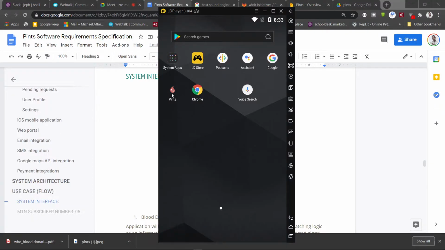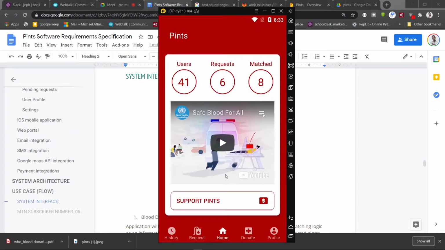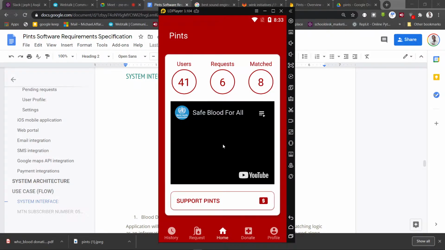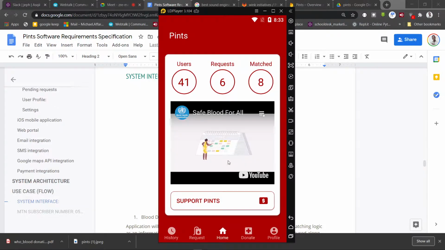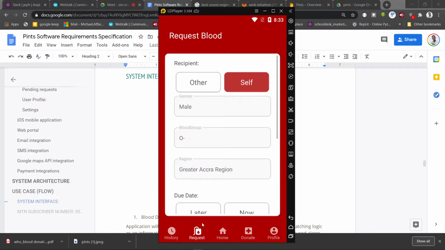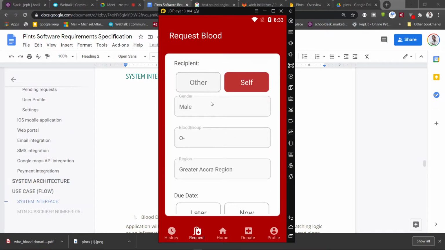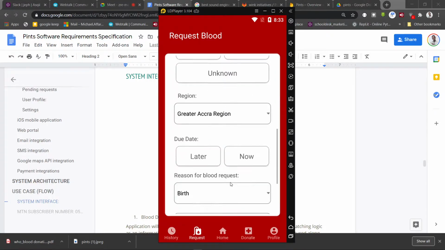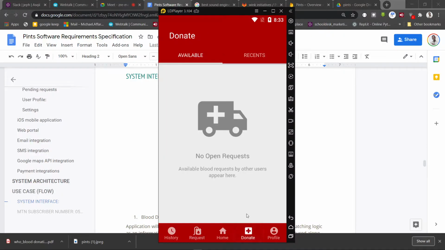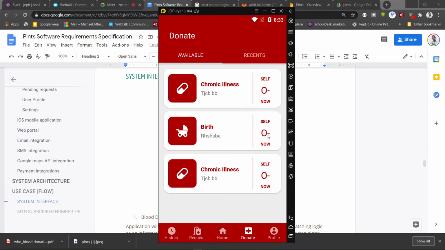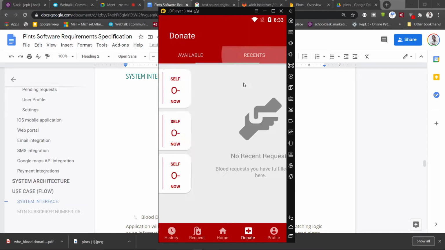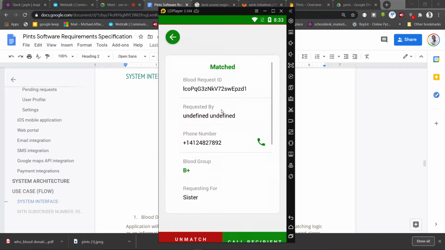So this is where we are with the Pints mobile app. It's a sleek design, and I'm grateful for the work the developers have done. It allows you to submit a form either for yourself or another person, and then you'll see pending requests, people who need blood, and you can match with them and see their contact when you match.